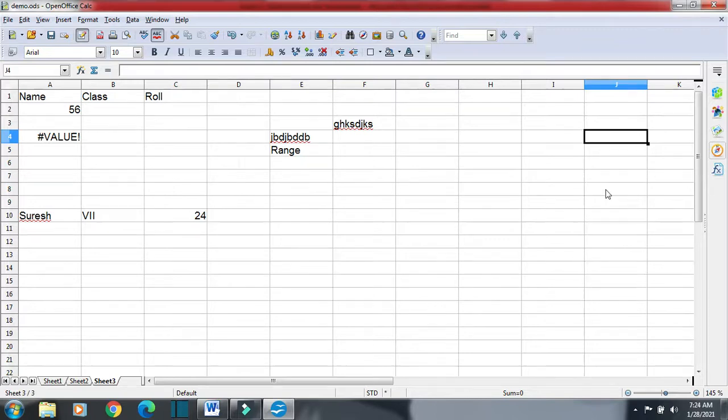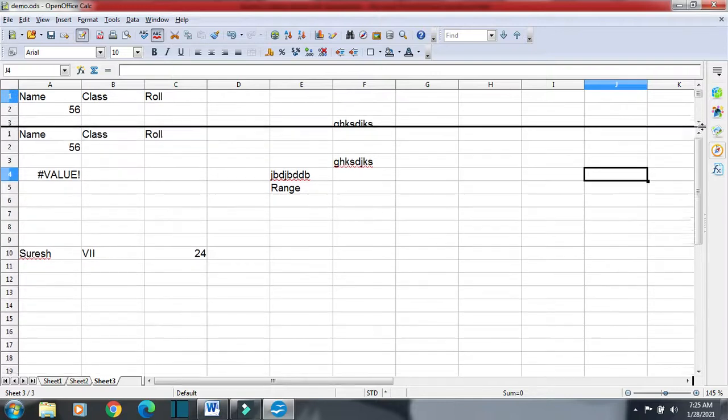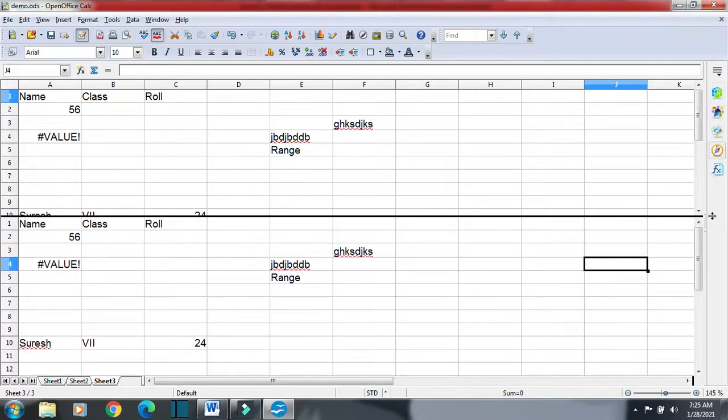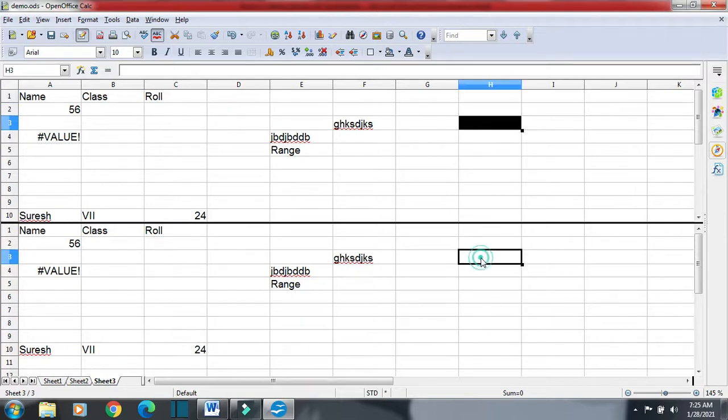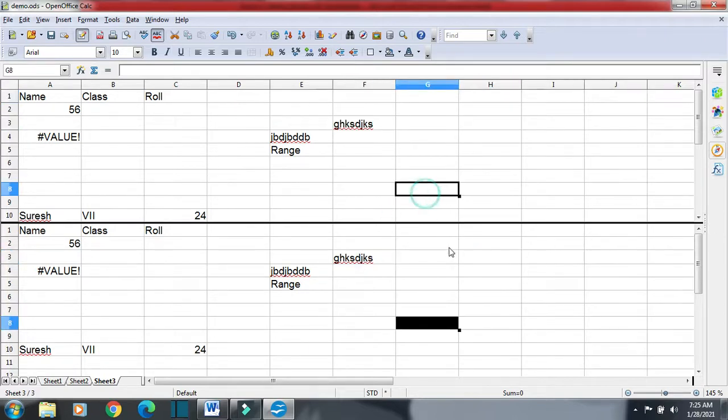We will place the mouse cursor above the vertical scroll bar, and you can see it will become like this, a double sided arrow. Then we will press the left mouse button and start dragging, and now we have two screens, both independent of each other.